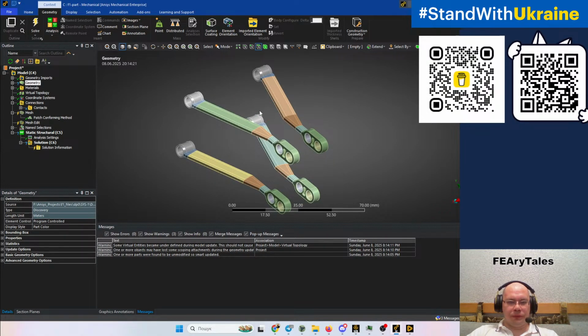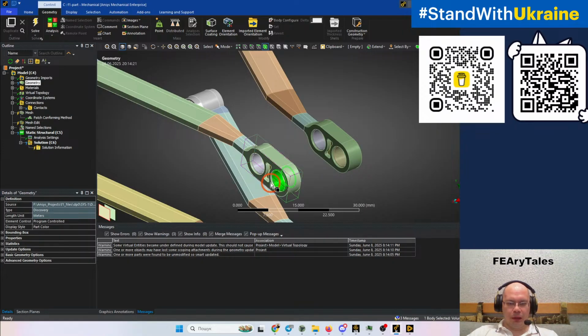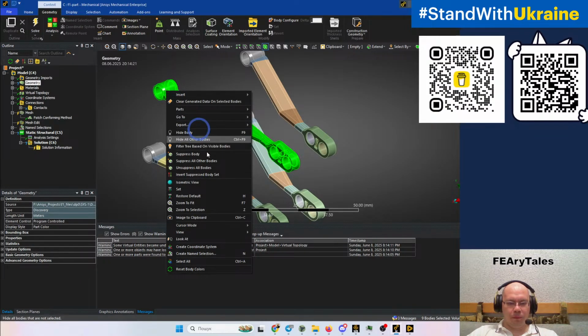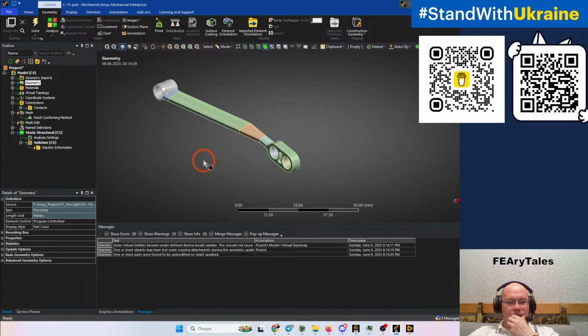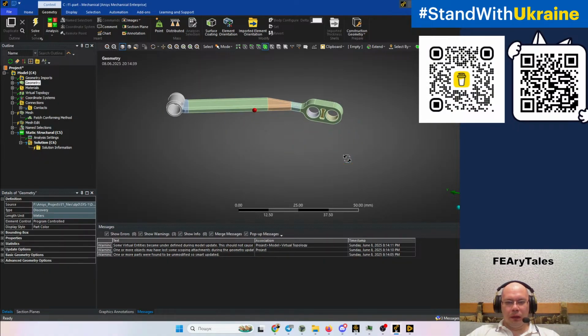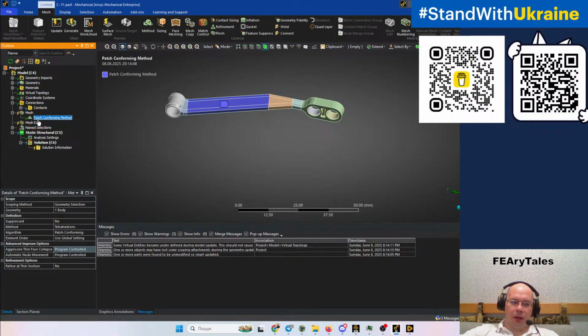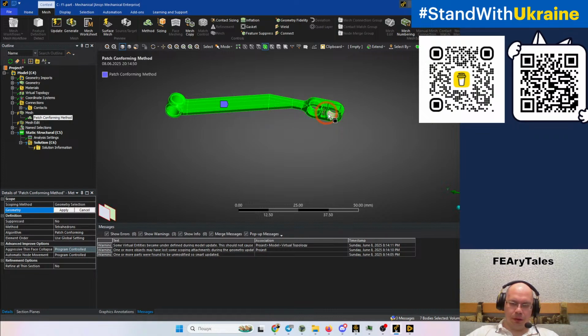We have lots of objects which we don't need. So let's create a mesh. Let's create a mesh for all these objects,